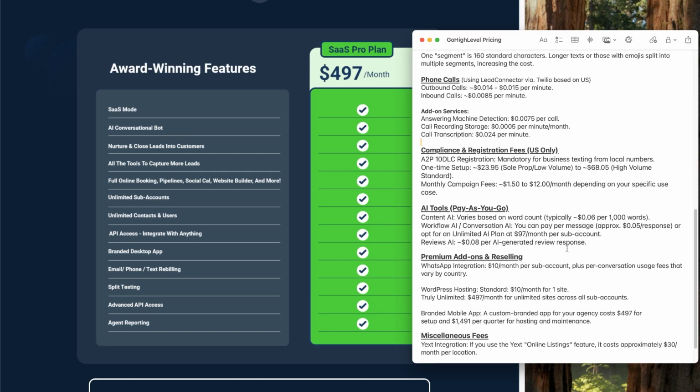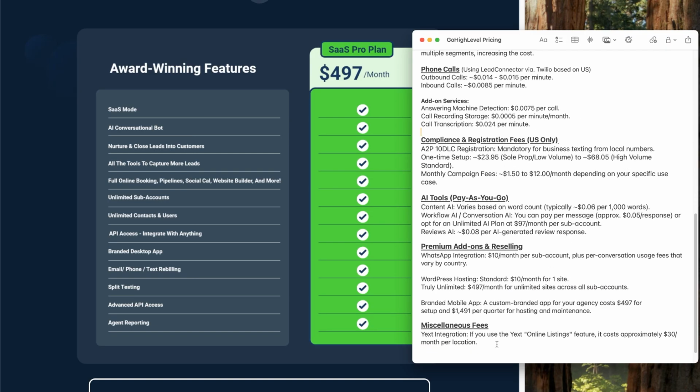Now, as we come down, we've got some other tools. Once again, these are not mandatory. These are optional. First of all, we've got a lot of AI tools inside of HighLevel. So if you want to use content AI, then it's about 6 cents per 1,000 words. If you want to use workflow AI and conversation AI, you pay per message, about 5 cents a response, or